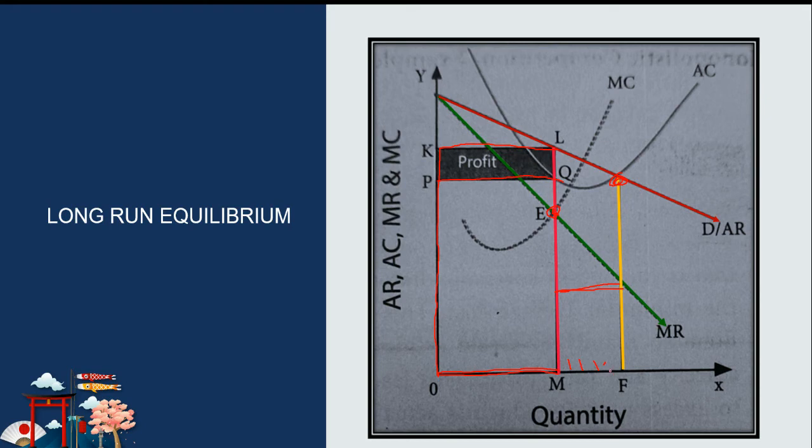In a monopolistic competition, there is wastage. Actually, the firm can produce till OF, but he stops producing up to OM. If he produces up to OF, the price will be cheaper for the consumers. So this point is called wastage in the monopolistic competition, or MF is called the excess capacity. So this is about the long run equilibrium.